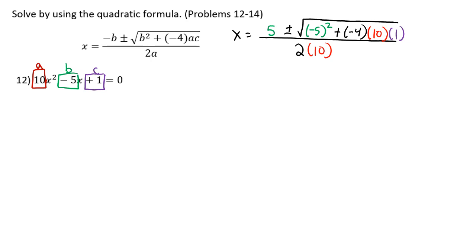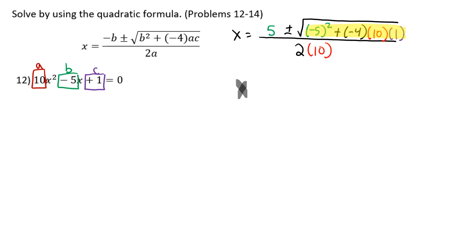So the next thing, your next step is you're going to take your calculator and calculate what you see underneath the square root. So when you go ahead and do parentheses -5, close parentheses squared, plus parentheses -4, parentheses 10, parentheses 1, you're going to get the number